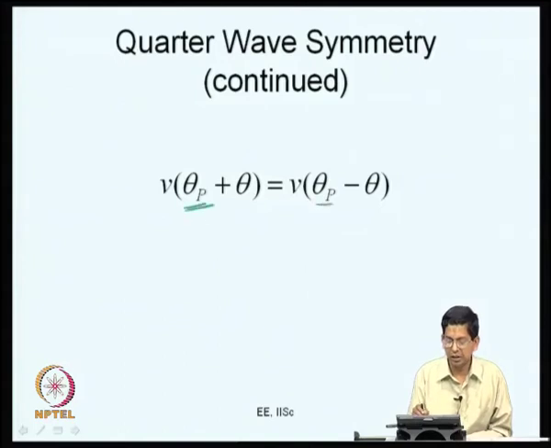So you can consider any theta p. Theta p is an instant where the fundamental component of the waveform V has a positive peak or a negative peak. So theta p could be 90 degrees or 270 degrees, going by our convention. About these, you can say that V of theta p plus theta is equal to V of theta p minus theta. This is what we have for quarter wave symmetry. Now, on top of half wave symmetry, if you have this quarter wave symmetry, your calculations become simpler. You can just use 1/4 of the waveform to do your calculations. It also means that whenever the fundamental component of the waveform has a zero crossing, the harmonic components also have their zero crossings.